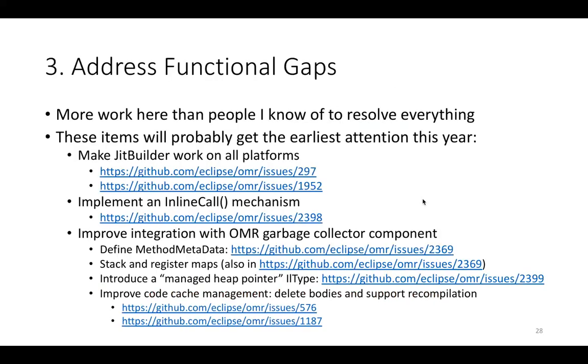All right, so that brings us to the third basic area of focus, which is to address functional gaps. The one overriding point here is there's more work here than people I know of to work on it. So there's quite a number of issues that are already opened at the project that have been capturing the use cases that people care about. Some of them have gotten attention already, some of them have not, unfortunately. The point of this slide and the next couple is to outline the things that I would very much like to get focus on this year,